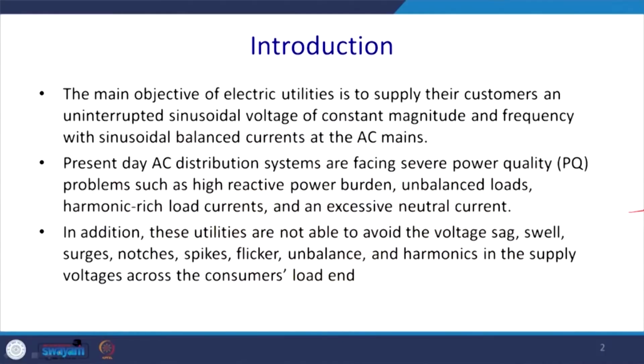But, as I have told you several times before, present-day AC distribution systems are facing several power quality problems, such as high reactive power burden. This is due to industrial loading, and most of these are induction machines, and due to that the reactive power problem comes. We also have 3-phase 4-wire systems for household applications, and due to that there is unbalanced loading and harmonic rich load for adjustable